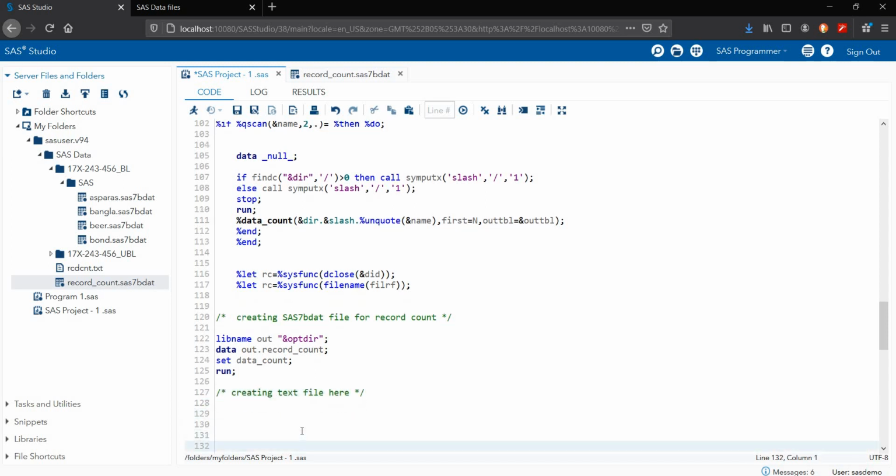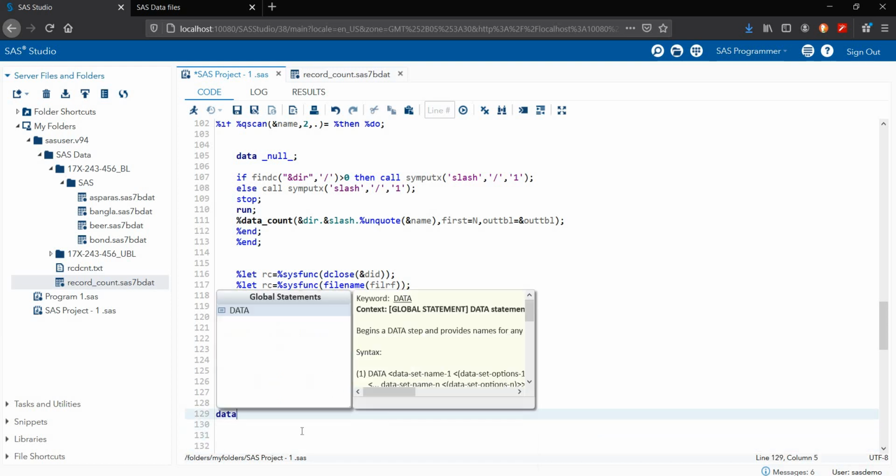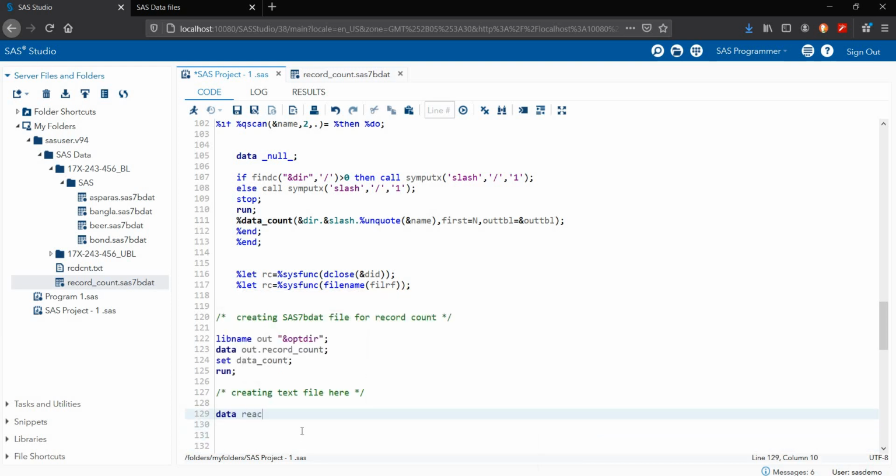So I'm creating here data read_count_file.